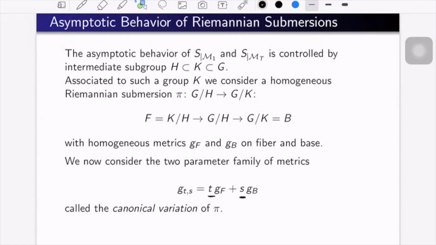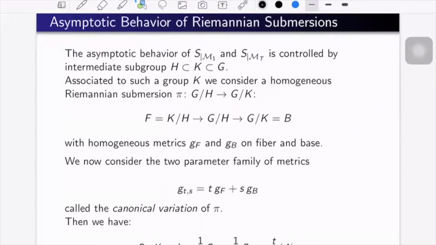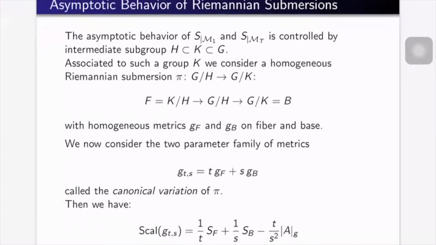And for this canonical variation, the formula for the scalar curvature is also well known. This is the scalar curvature of such a canonical variation. So one can now study when it goes to infinity or to 0, and look at the behavior as one of these variables goes to infinity. But I have to do this, of course, under the constraint. So on t and s, I now put the constraint, and I want to see what happens with the scalar